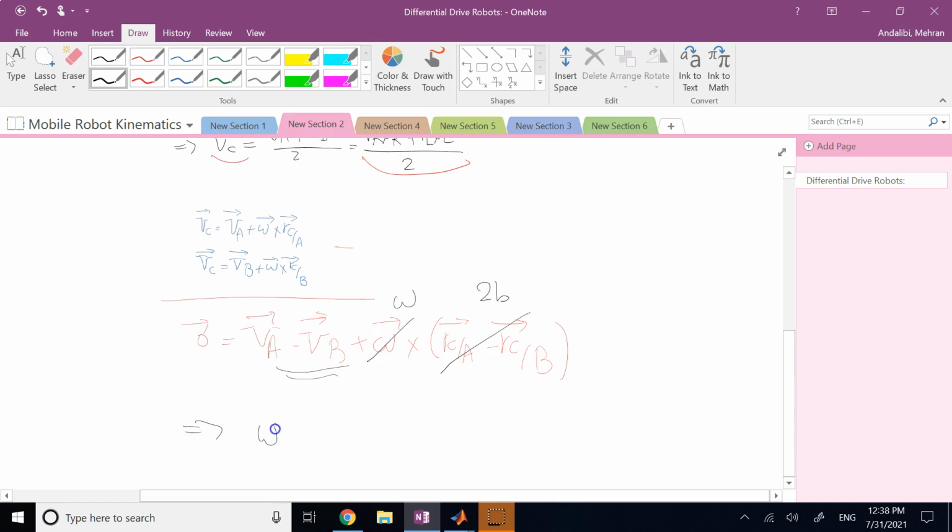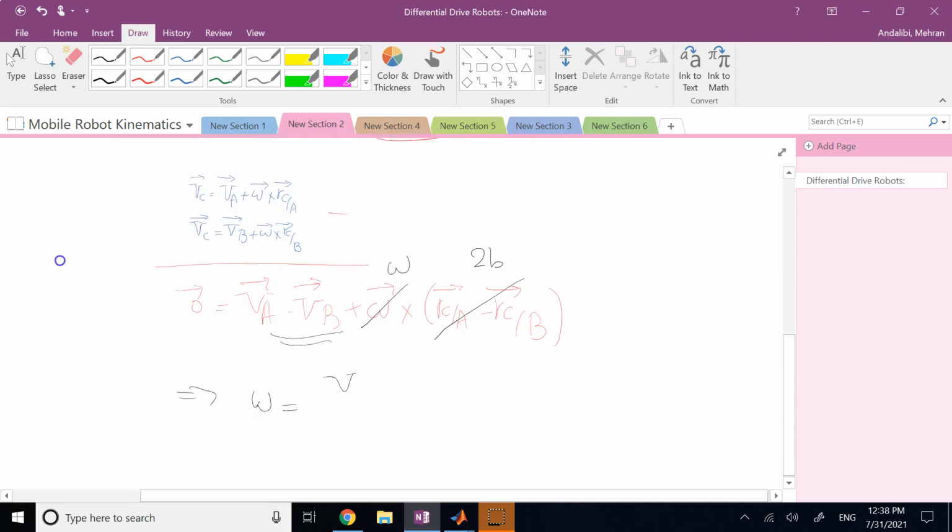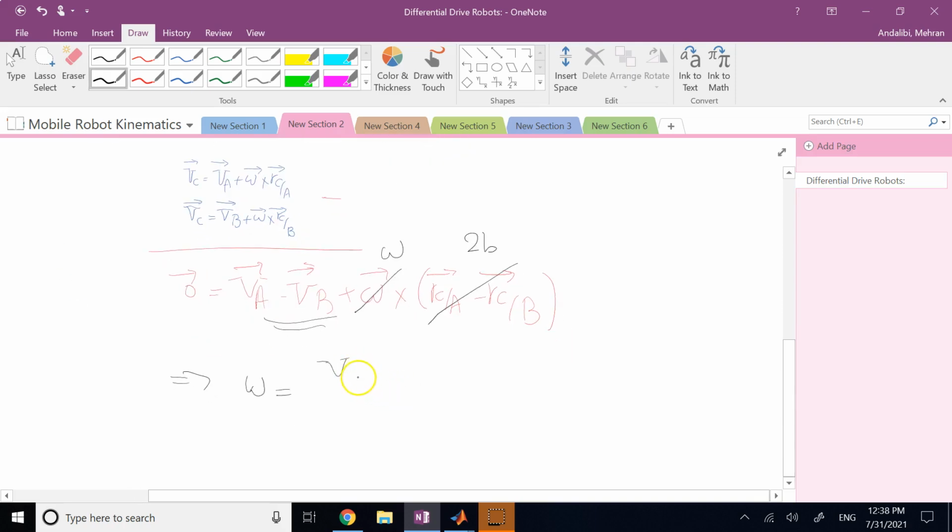So magnitude-wise, omega is going to be the magnitude of VA minus VB. Now here you have to subtract this way because you take them to the left-hand side, divided by 2b, correct? Magnitude-wise, the magnitude of the difference between VB and VA, divided by 2b,